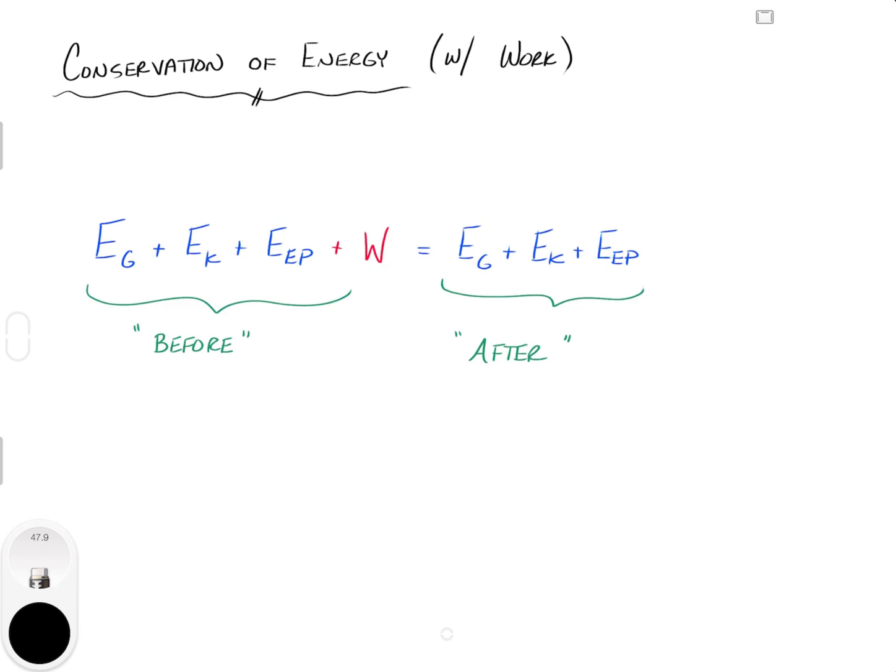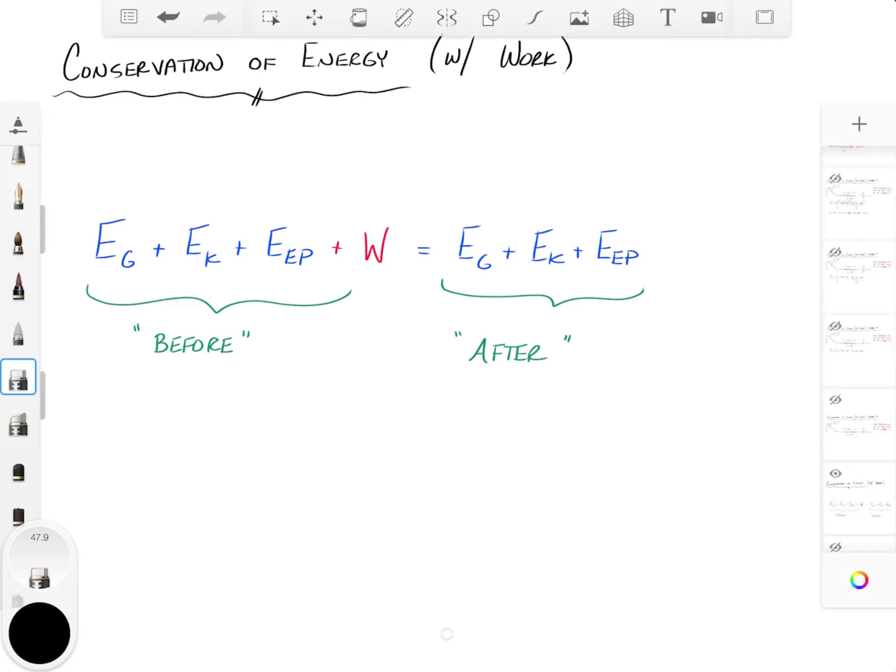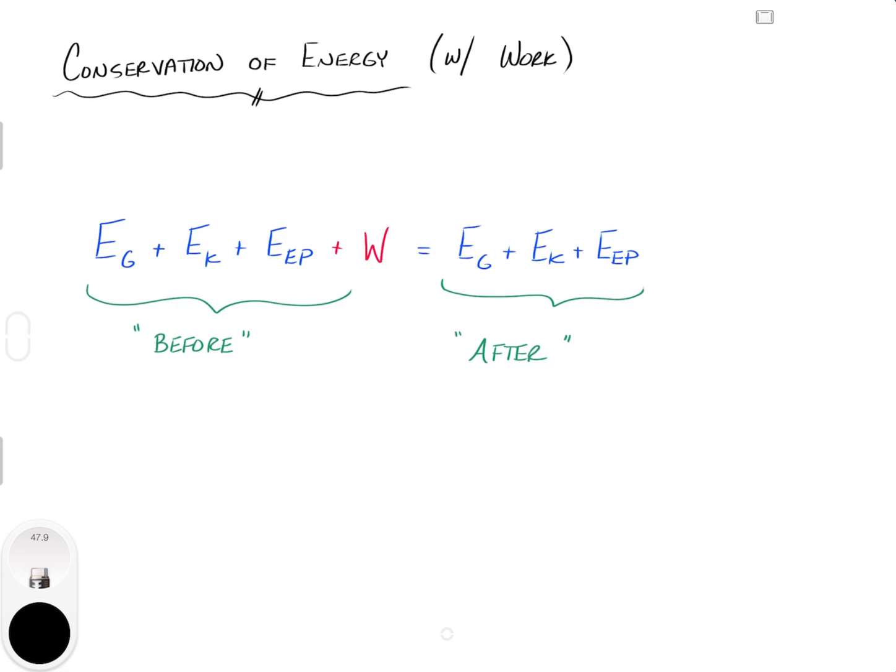So this really is the equation you've been dealing with the whole time when we did conservation. However, in our initial examples, there was no work. So you didn't realize it, but we were always plugging in 0 for work. Realistically, work is not always 0. This is a much more realistic representation, and this is the equation we should use moving forward. All right, we'll take a look at a few examples so you guys can understand how to work with this. No pun intended. And you'll see that if you're very careful and meticulous with your calculations and organizing your variables, this is not anything that is incredibly